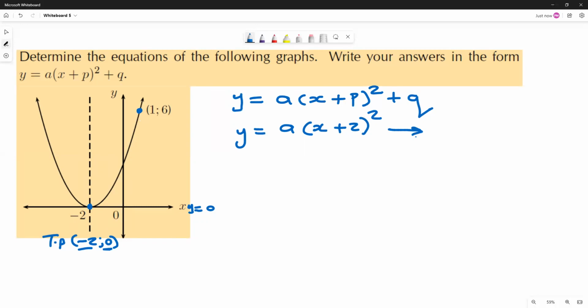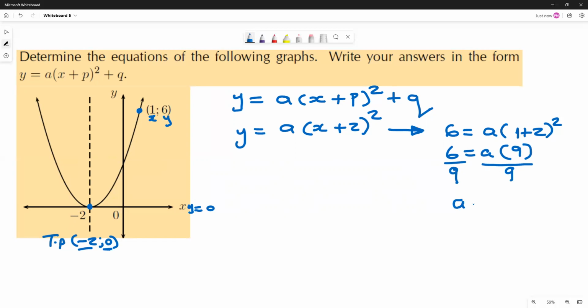I always just prefer putting an arrow there. So this is my x, and that's my y. So my y is 6 equals a, and then my x is (1 plus 2) squared, which is 6 equals a times 9 when you simplify it. Then you divide by 9 on both sides to isolate a. Therefore, a equals